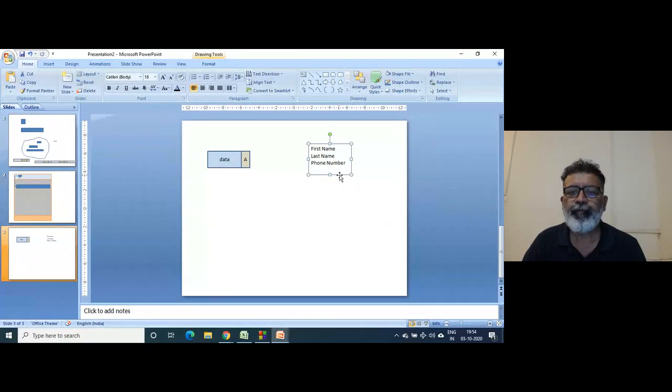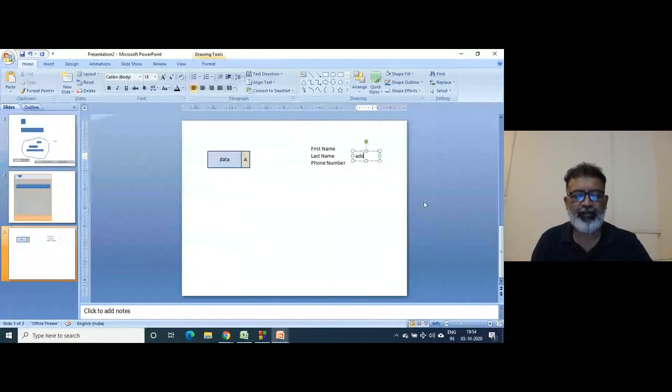So this is the data part, right? And there is the address part. Address of what?